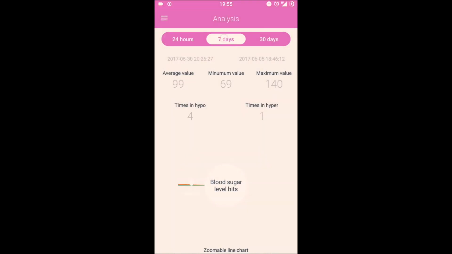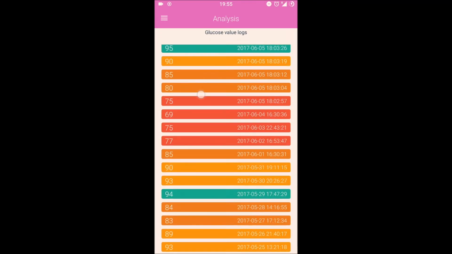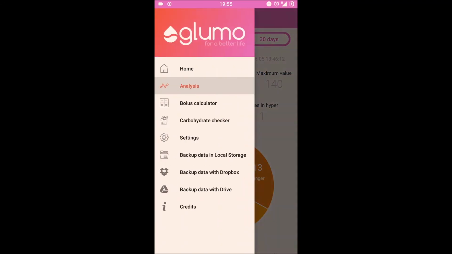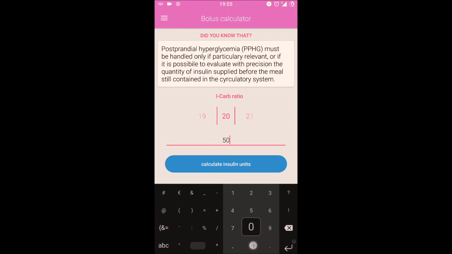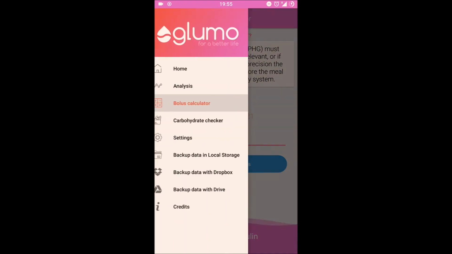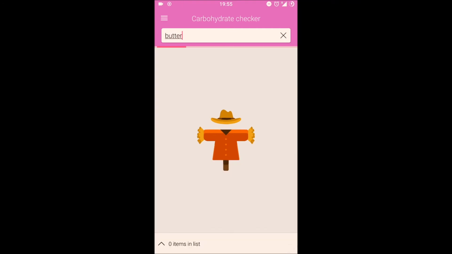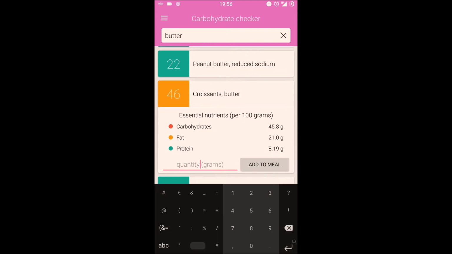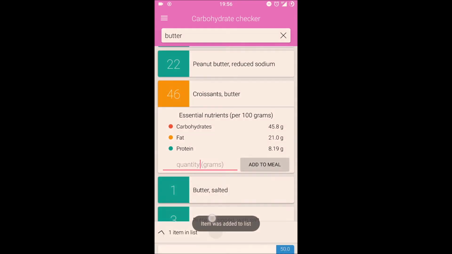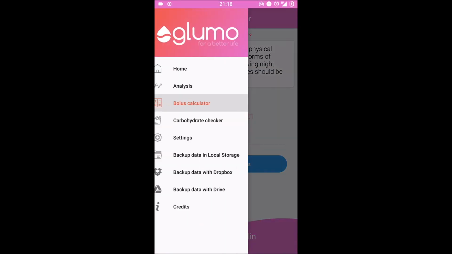Analytical representation of the history, with possibility to access data for the last 24 hours, 7 days and 30 days with charts included. A bolus calculation tool based on the user's glycemic parameters, provided with the possibility of retrieving carbohydrates values for the current meal from a remote database as input for the computation. The user just has to provide a quantity expressed in grams for every food of the meal, and the app will compute an approximation for the relative dose of insulin.